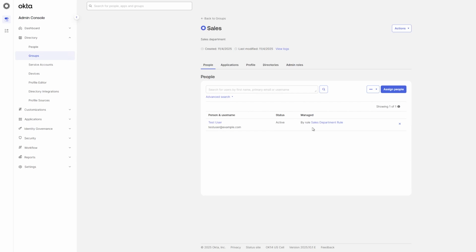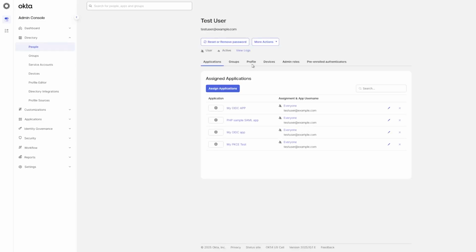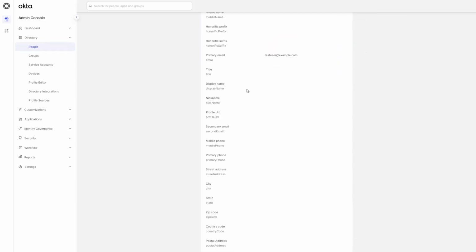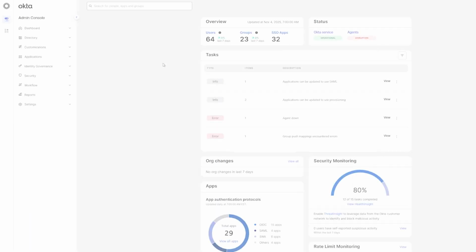The test user is in the group, and their membership displays as managed by the group rule. Selecting the user and viewing their profile shows that the user is in the sales department. The rule ran successfully. Now let's create a rule using Okta expression language, which can be used for more complex